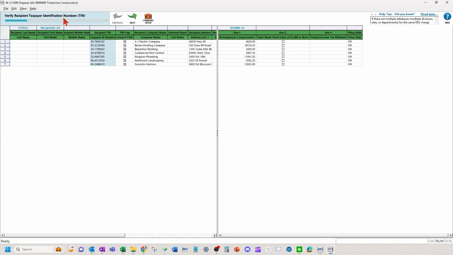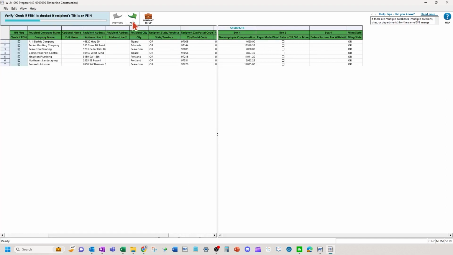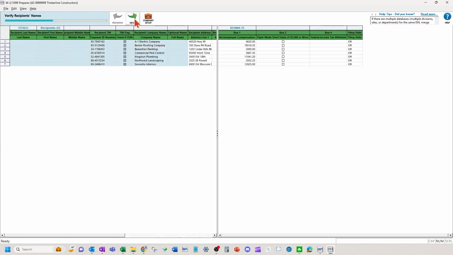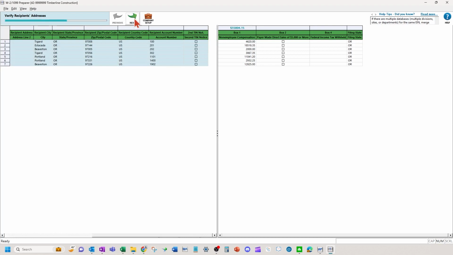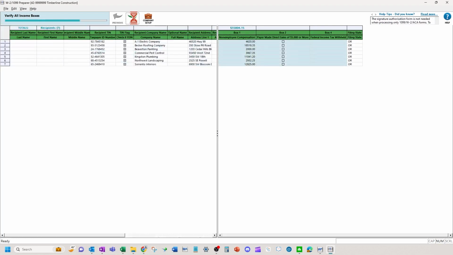Right now it's saying verify the TIN number. That FEIN. Verifying the address and amounts, filing state, state income tax withheld.